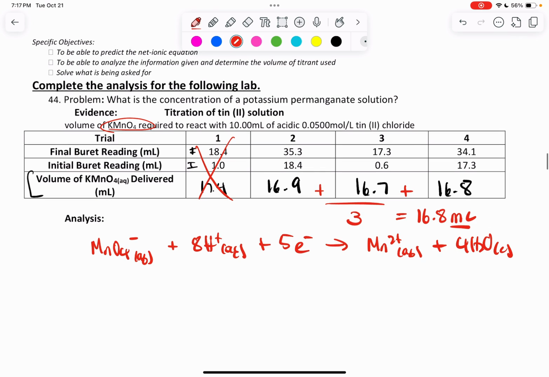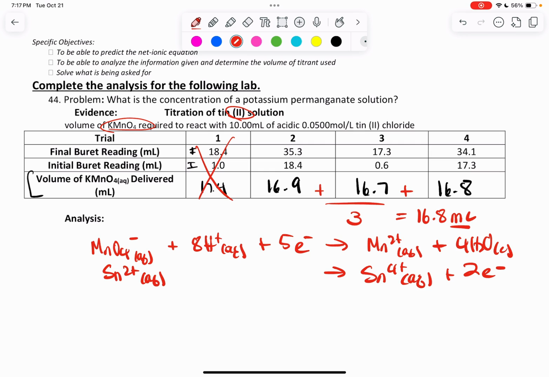And then my other is a tin 2 solution, so Sn²⁺ aqueous to produce Sn⁴⁺ aqueous plus 2